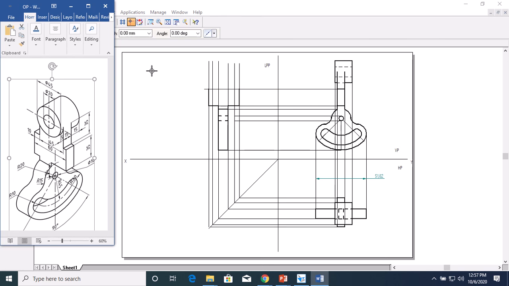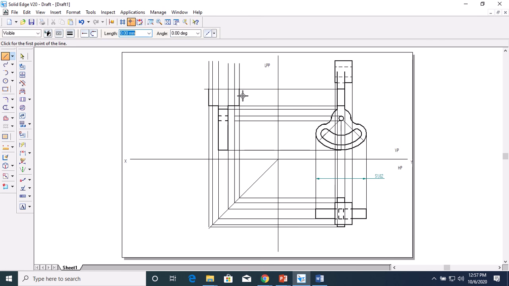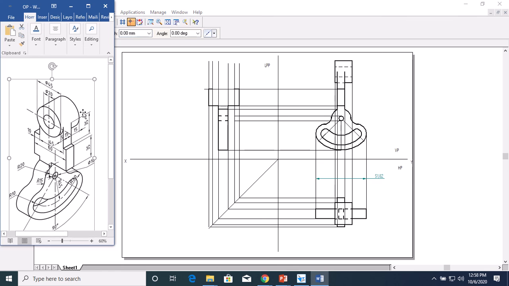Okay, so then up to this portion, up to this end you have to draw. So then here from this center you have to draw a circle. Okay, in the side view you can see this circle, a 20 mm and a 45 mm circle. And then tangential to that you can draw this line.